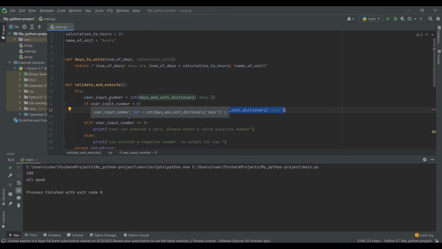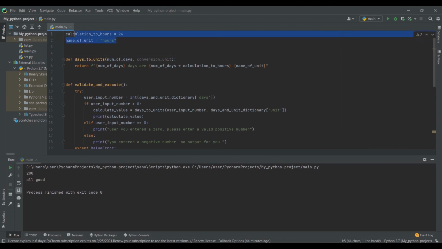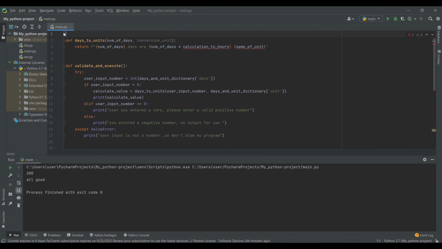Right now we are using this hard-coded calculation to units, which are 24, and number of units, which are hard-coded hours. So first of all, I am going to remove those two. We don't need them anymore because we get those values from the user,